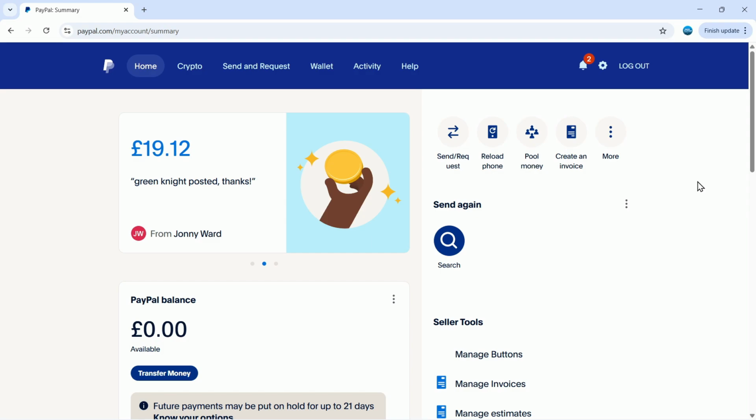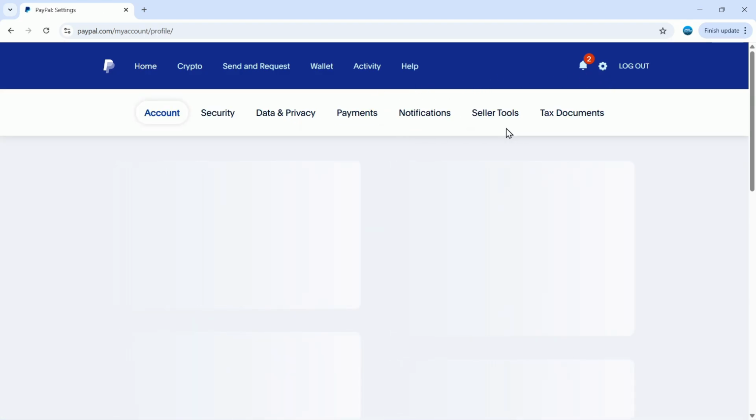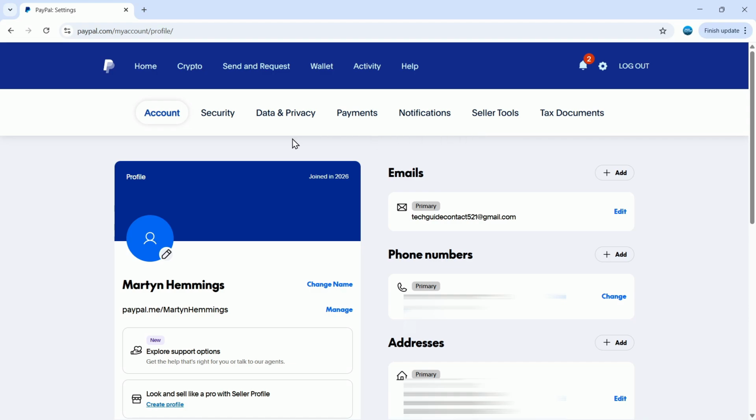To get started, what you want to do is come across to PayPal and log into your account. Now once you're logged in, come up to the top right hand corner and click onto this gear icon to be taken to your settings. Once you're on your settings, click onto account at the top and you should see your current